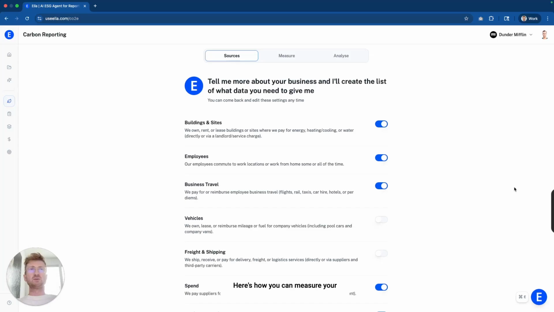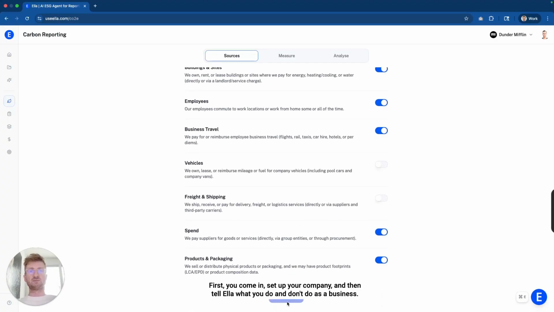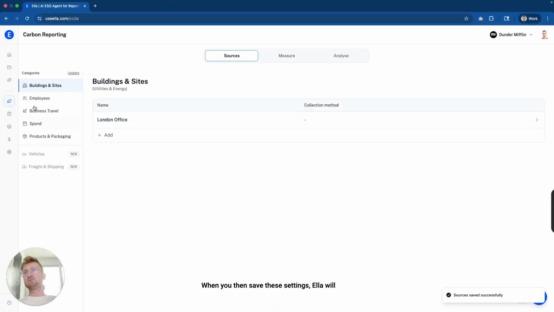Here's how you can measure your emissions on Ella in a matter of minutes. First, you come in, set up your company, and then tell Ella what you do and don't do as a business. When you then save these settings, Ella will tell you all the things that she needs data for across